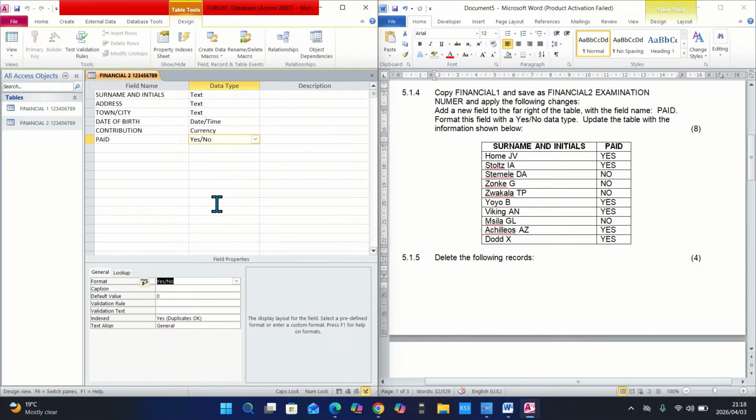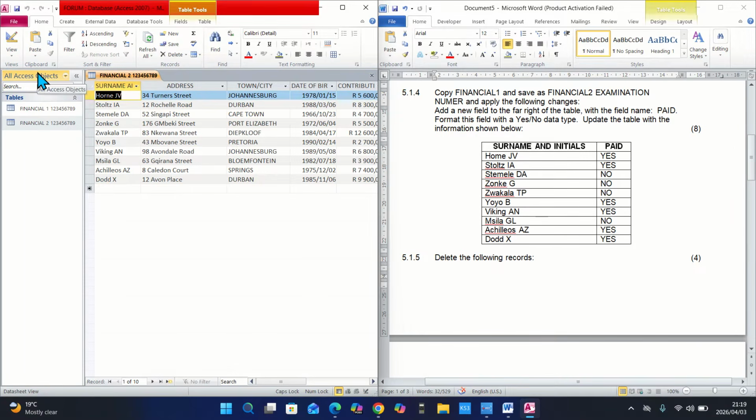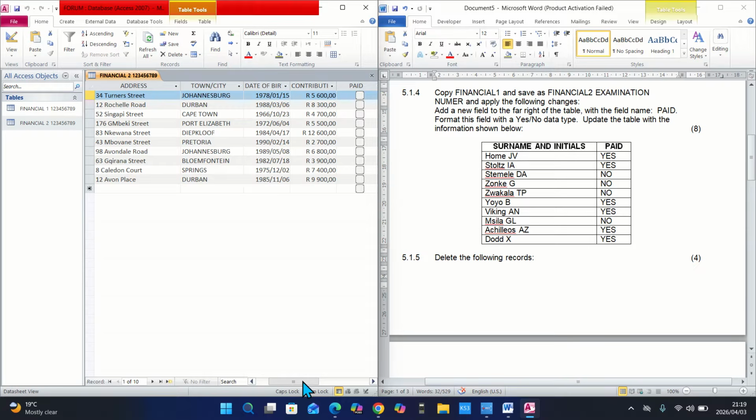So now I must go back to the table. Update the table with the information shown below. That means after I've inserted the field, I must select who paid, and for those who did not pay, I do not select. So we go where? To view, datasheet view. So we scroll to the what? To the far right. As you can see, after contribution,